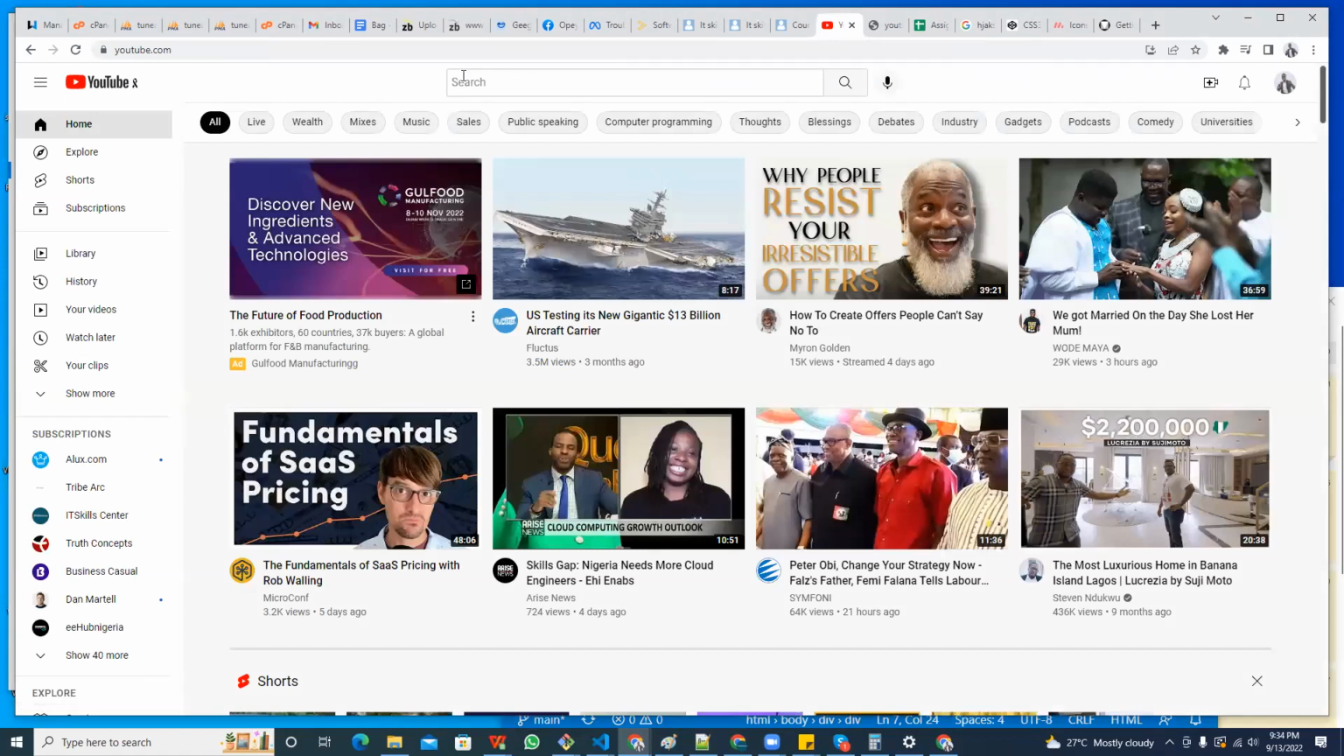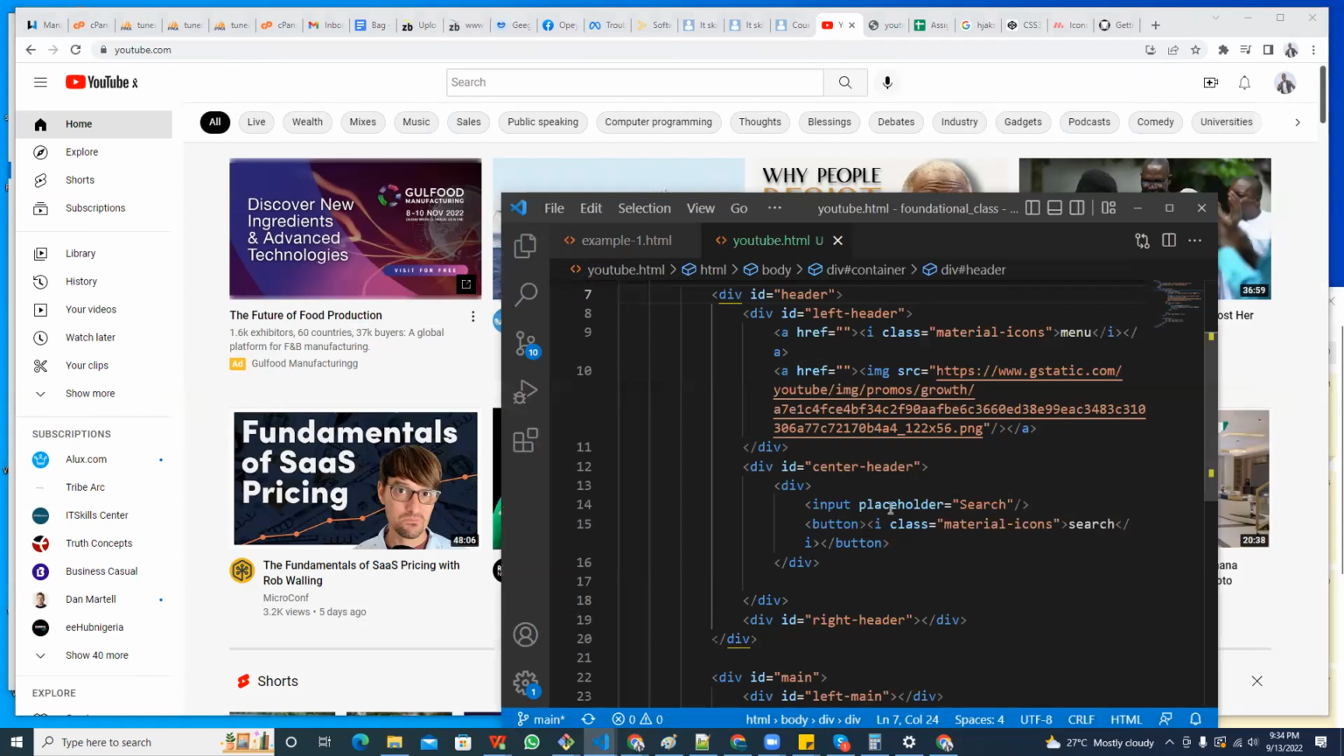At the center header, we have the search box and the search button, and then the microphone here. And then at the right-hand side, we have the upload notification, the notification bell, and the profile picture. Those are the three things we have there. So I'm still dealing with the center here. I have my search box and my search icon button. And then the last thing I have there is this,